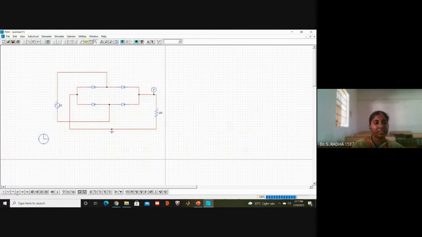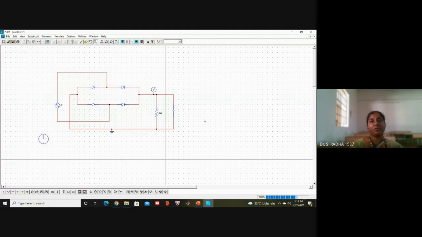Now this is the capacitor symbol. If you put the cursor left bottom, it is showing the name capacitor. Click on it and take it onto the workspace, press escape, select this and go to rotate, so it is vertically available now. Go to wiring and connect them in parallel. Click on the starting point. Whenever you want to change direction, release the mouse. Okay, that's all. Capacitor is completed.